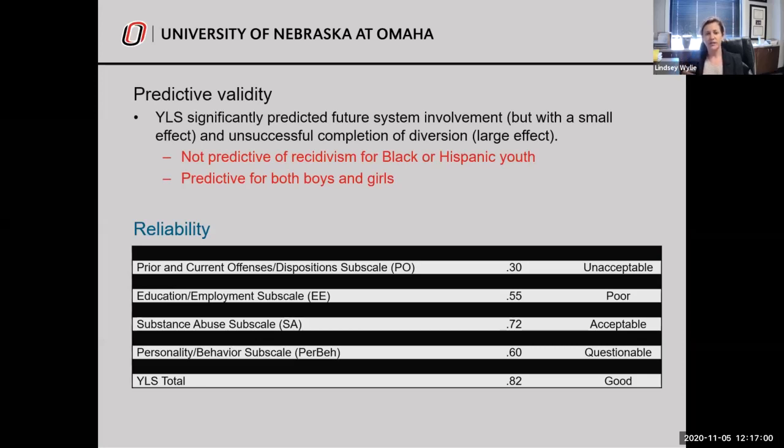One of the things in developing a statewide tool that I think is important is that we're looking at the population here. A lot of the YLS was normed and developed for kids that are in detention and probably probation. And so this is designed to predict youth that are higher risk. So that item ends up not being very useful or important because it's mostly zeros.